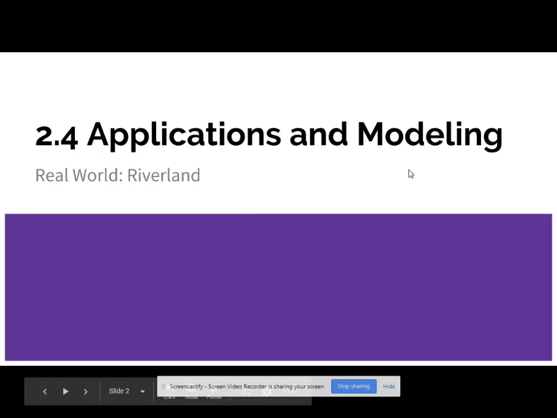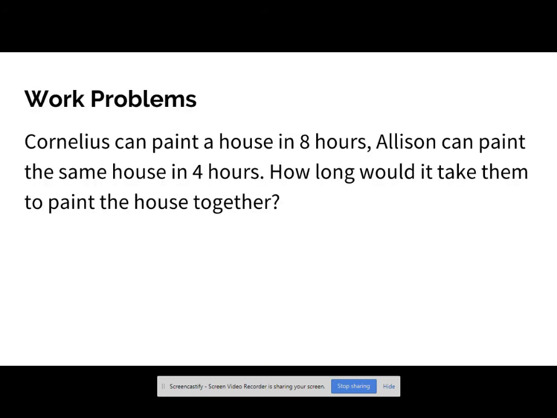Looking at section 4, applications and modeling. So we're looking at some real world applications of some of the methods and some of the processes that we've learned so far and how to apply those. One example that we're going to talk about, actually we're going to talk about this a couple times, is